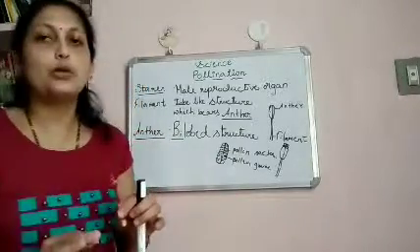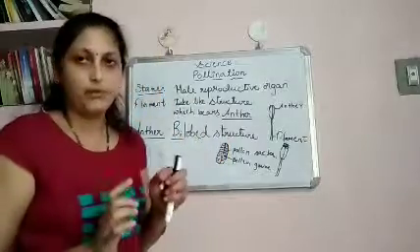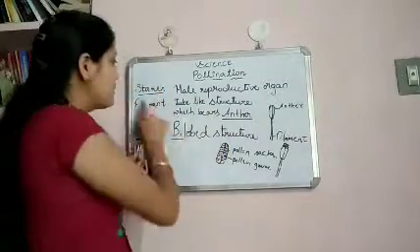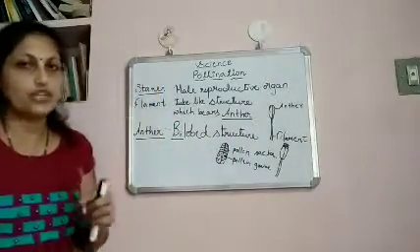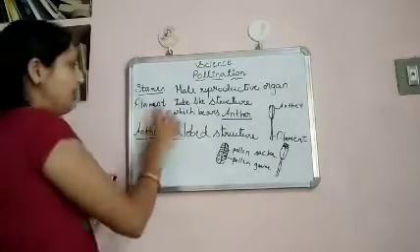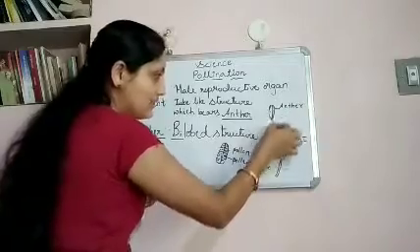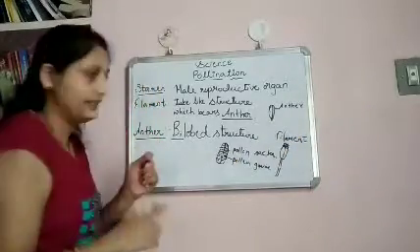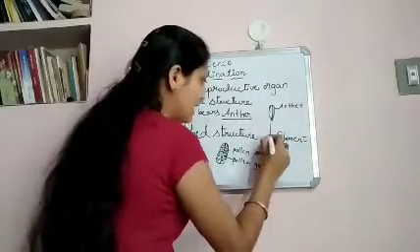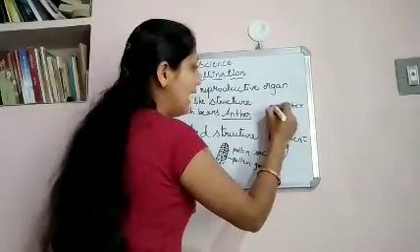So where are these pollen grains present? They are present inside the pollen sac. Clear? This is the structure of stamen. Stamen is divided into two parts, that is filament and anther. This is the filament. This stalk-like structure is called the filament. And at the tip of the filament there is the anther.